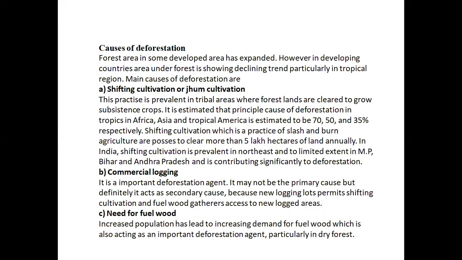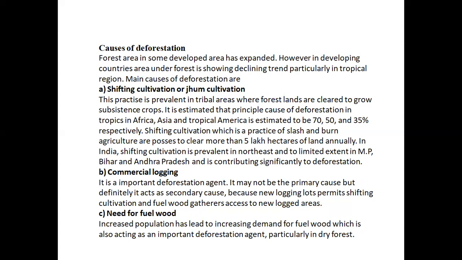Now comes the causes of deforestation. Forest area in some developed areas has expanded continuously. However, in developing countries, area under forest is showing declining trends continuously, particularly in the tropical region. Main causes of deforestation are